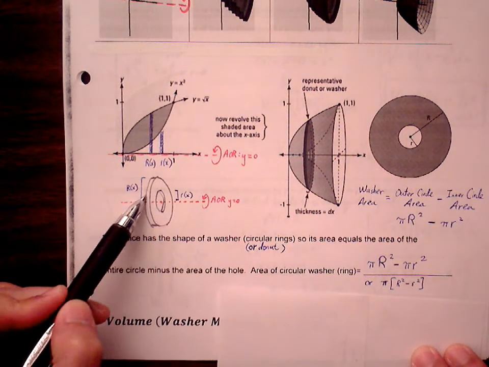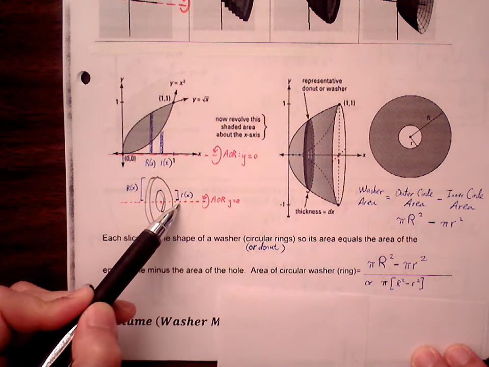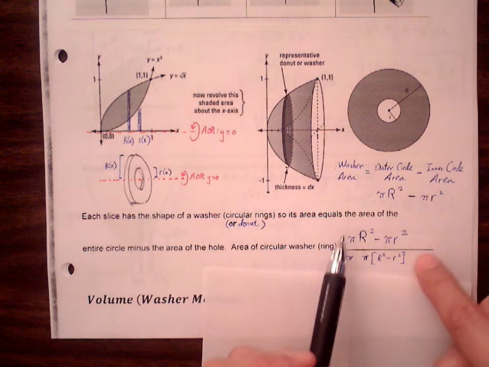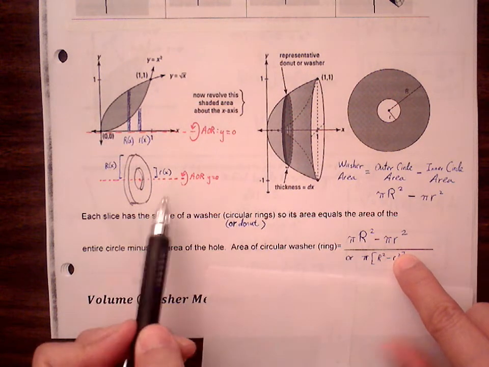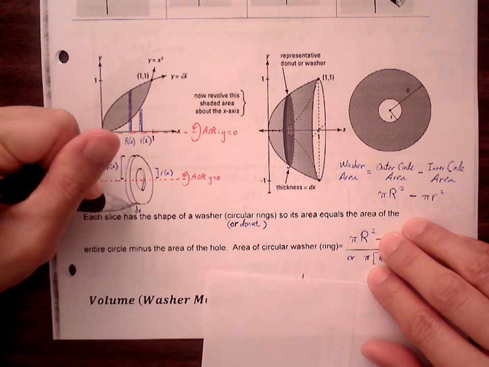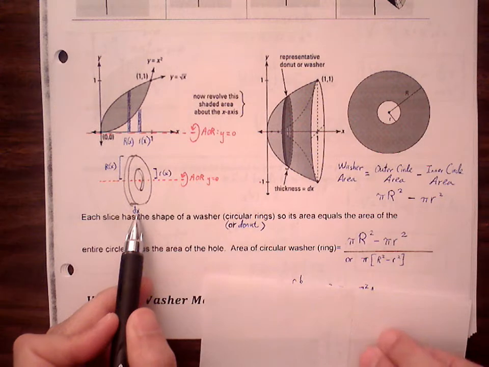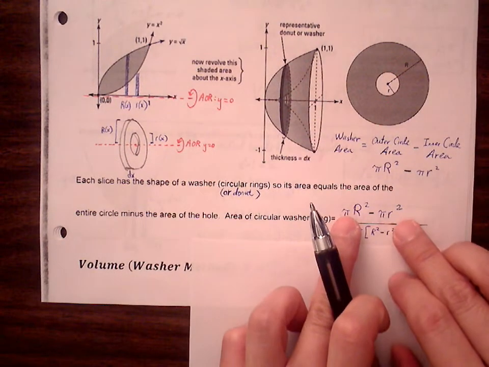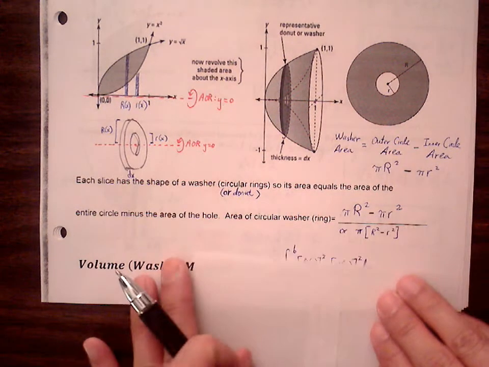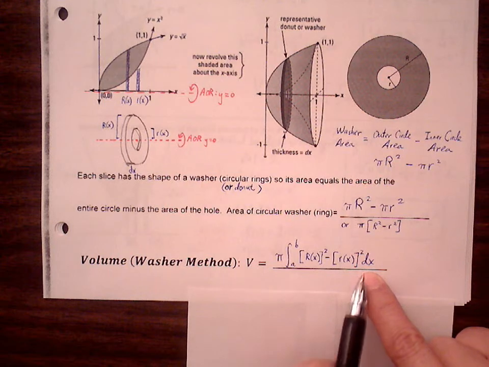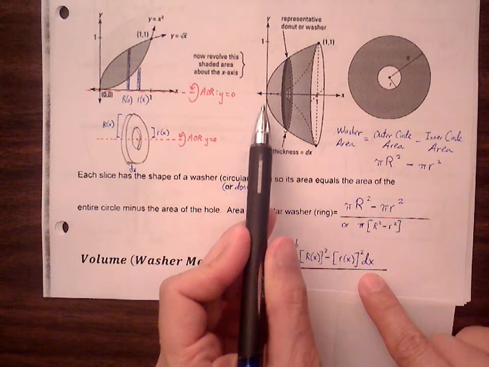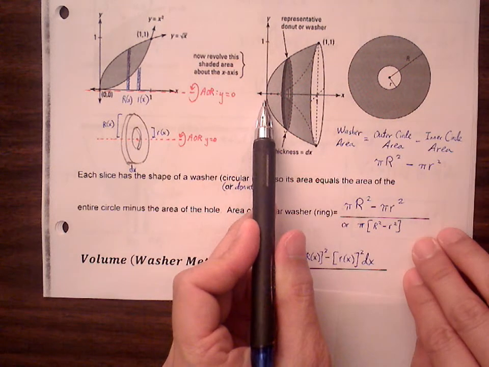So if we were to adapt this into pi big R squared minus pi little r squared, we're going to take this area calculation and give it a certain width, and that width is going to be a dx, just like how we did with this method. Once we give this ring-shaped area calculation that dx, that width component, then finally comes the integral notation that will accumulate all these different size rings from one end of the object